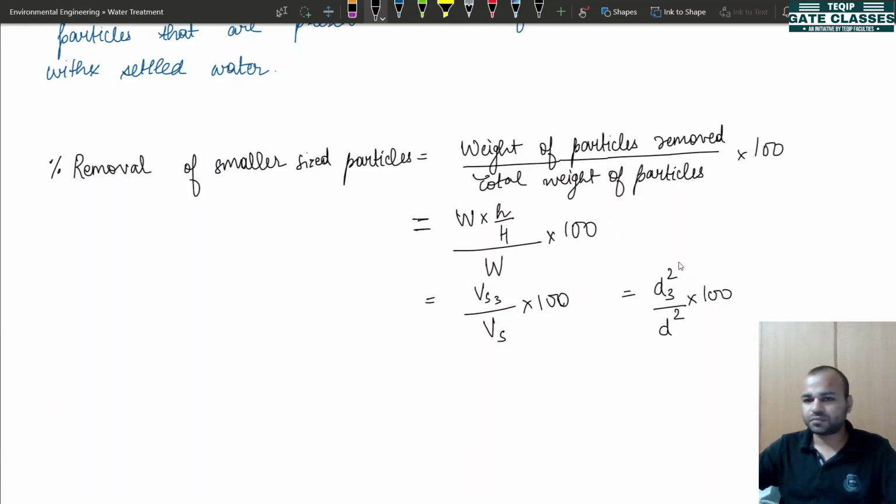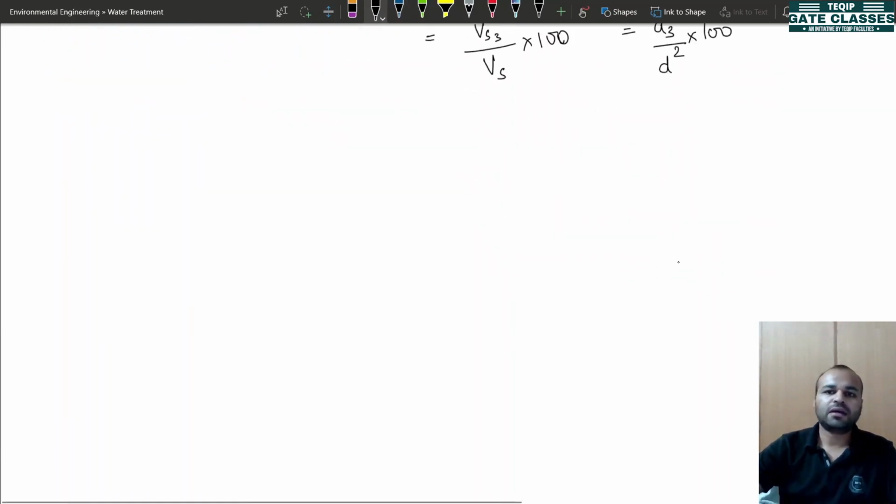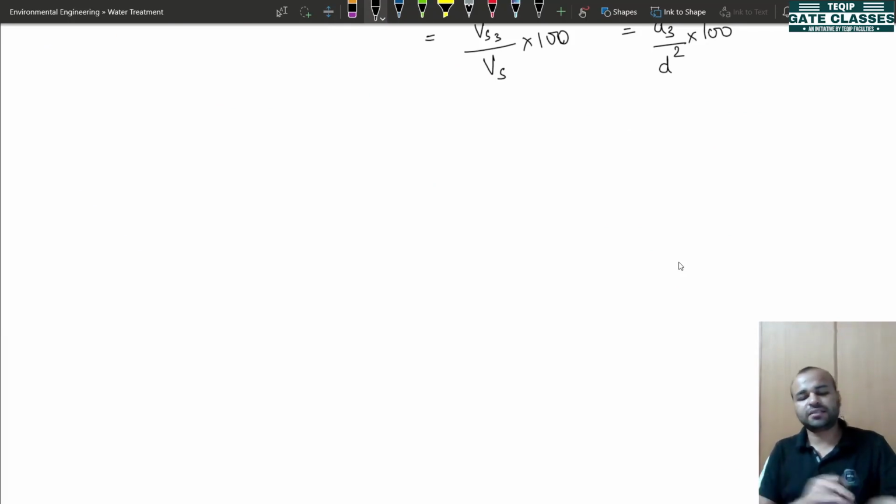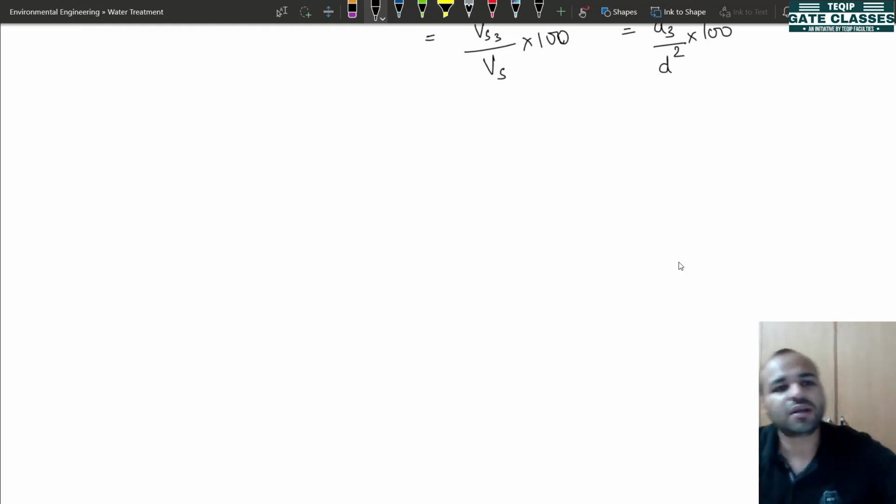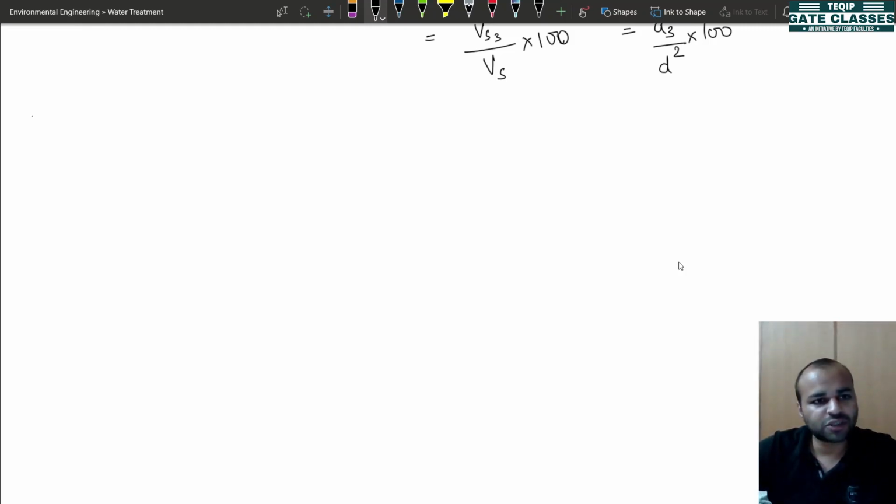Okay, so let us take some problems. What kind of questions can be asked? With this, we have completed the sedimentation analysis. Now we'll be moving on with the questions. And before moving on to the further questions, we'll be discussing the vertical flow type continuous tank and also some of the parameter values which have been recommended by the water supply manual. Okay, so before that, let us take a quick question.